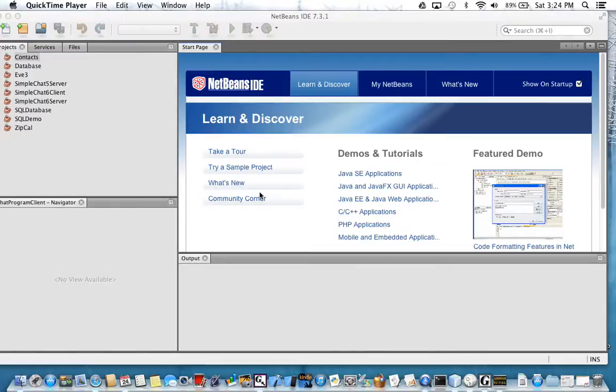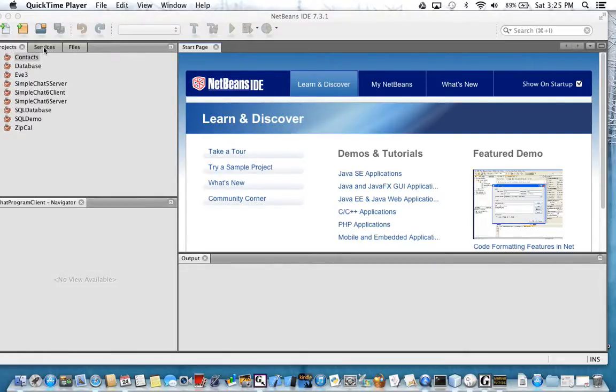Hi, in this series we're going to learn how to create a simple chat program where you can have a client and a server and then chat over the internet with the client or whoever's on the server side. There's going to be a few more tutorials after this that make it more complex where the server has multiple clients and they can all talk to each other, but we're going to start with just a simple client chat